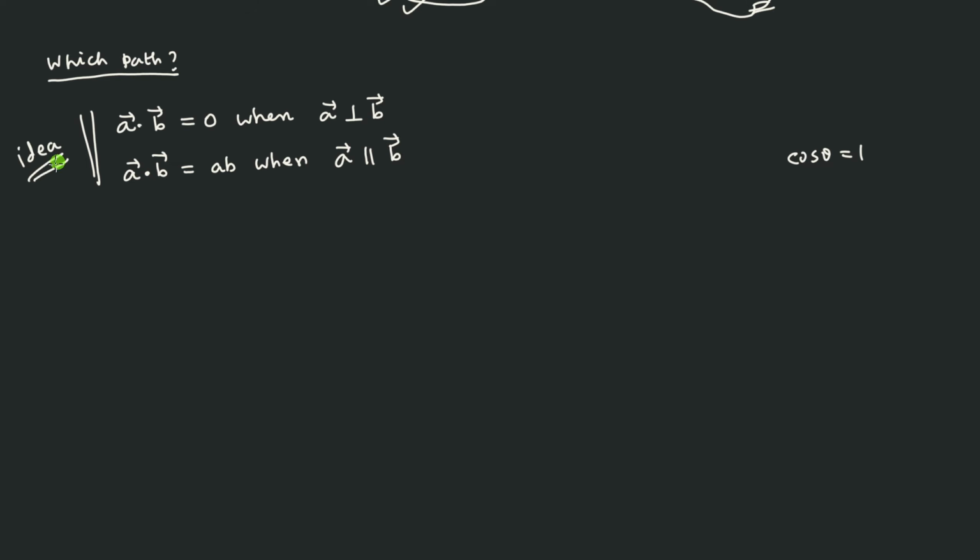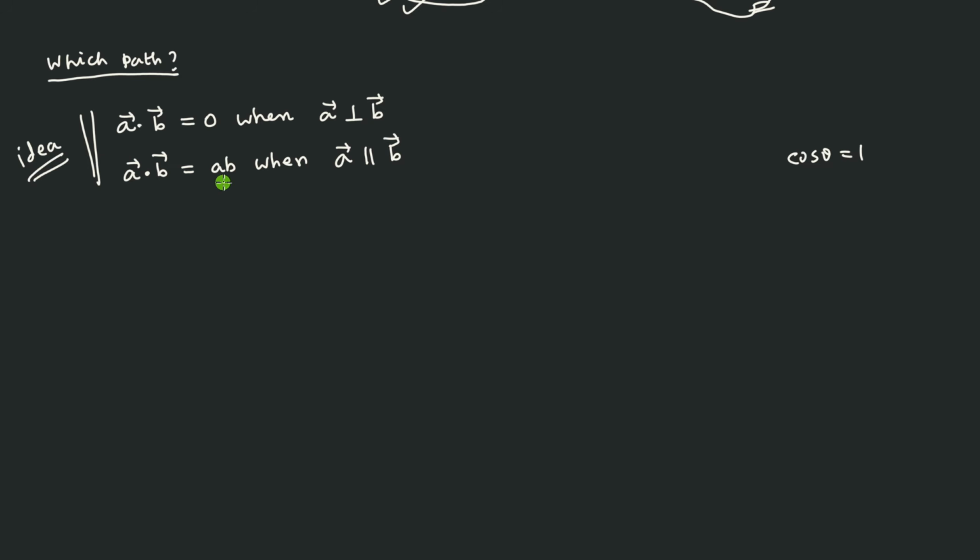Now why is it an idea here? There is an interesting thing happening: A dot B becomes 0. When something becomes 0, you don't have to evaluate it. So why would you want to evaluate a complicated integral when finally it is going to become 0? But this will happen only if A is perpendicular to B. So this is one place where your integral becomes simple. You can escape from evaluating the integral and put it as 0. So this is one idea.